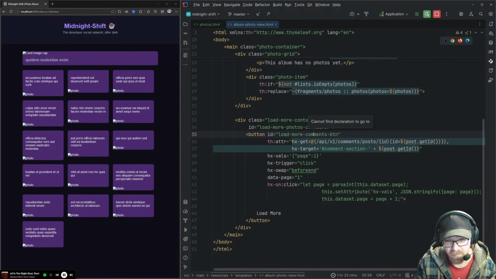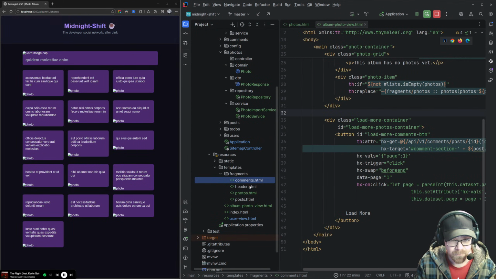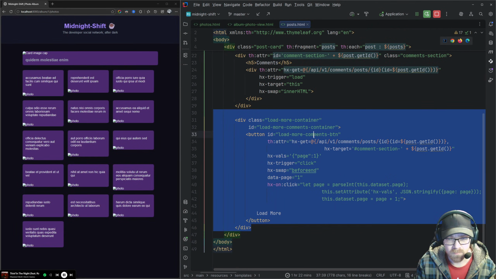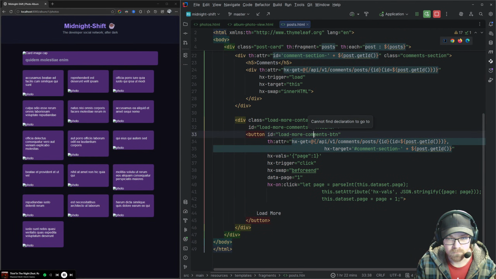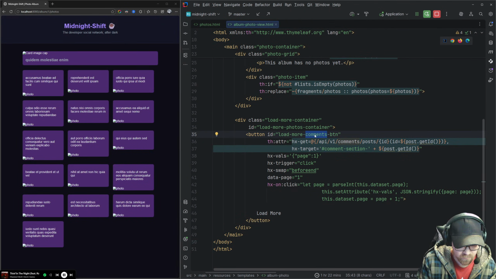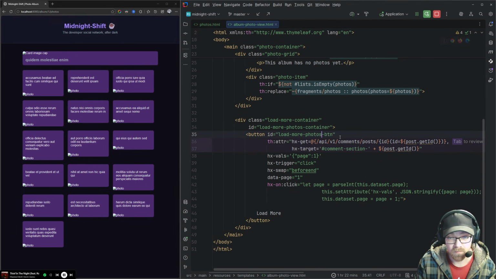I think I should just rename that to load more button. Whatever. Okay, so I will rename that to just photos. Photos button. All right, so now this is going to reach out to yada yada, get that.